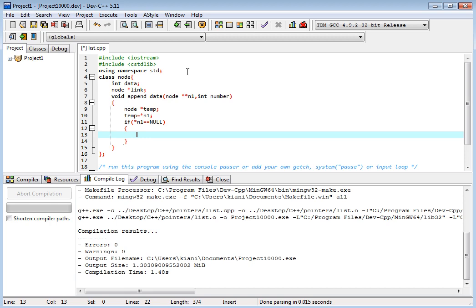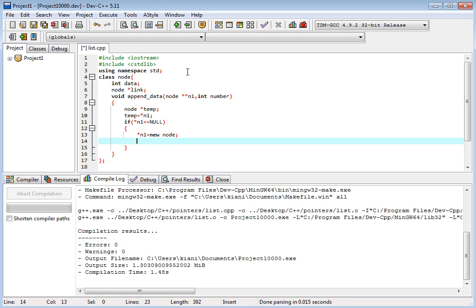If null, then pointer n1 is equal to new node, a new node will be created, and temp is equal to pointer to n1. Now we want to check.